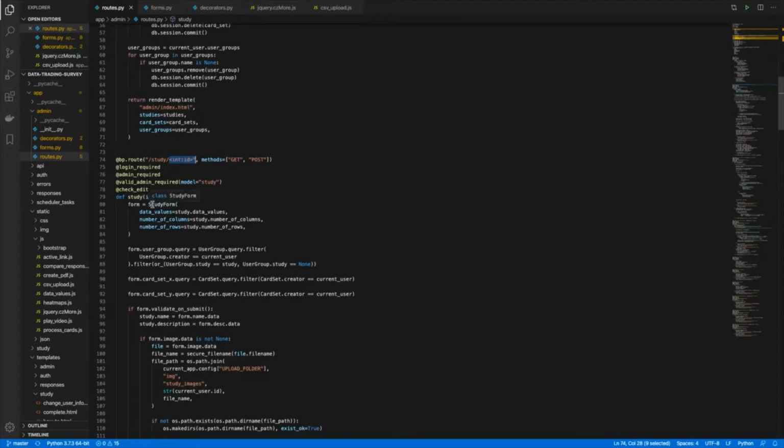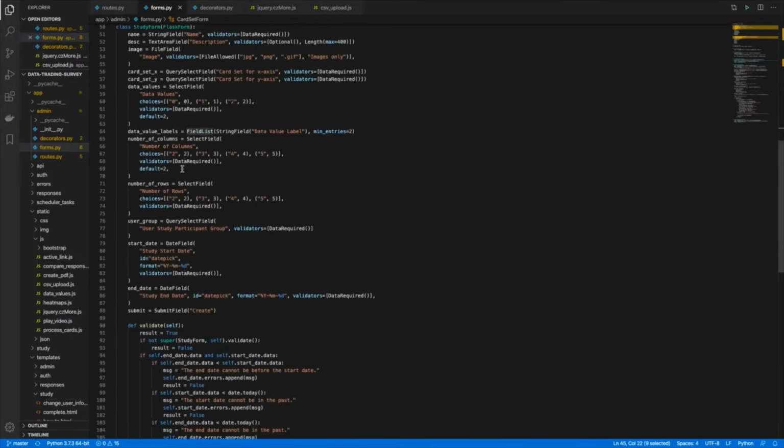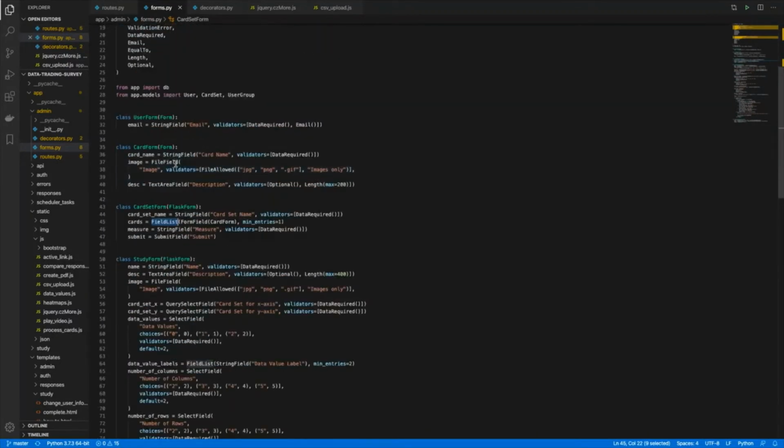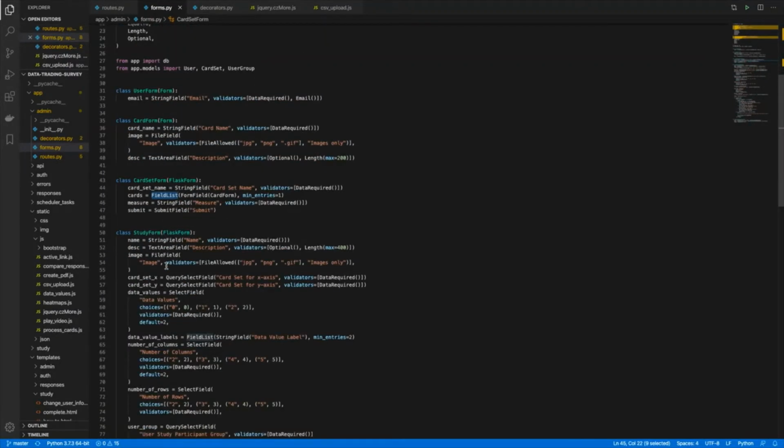So first of all, in the study endpoint, the study form is instantiated, and let's take a look at this form. So the form contains a few notable fields. The query select fields provide the choices based upon a database query rather than a static set of choices.